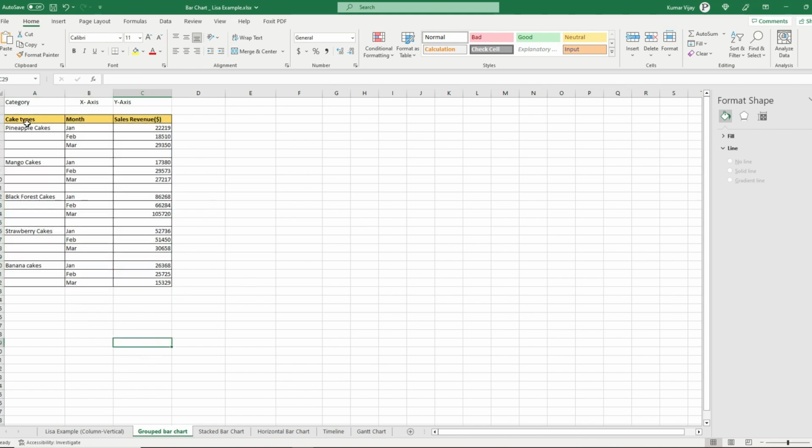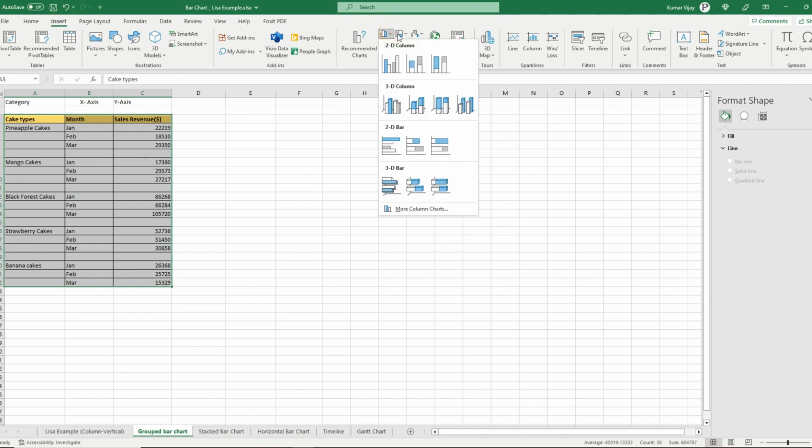So again, once you have this data in this format, where your month is representing the x-axis, sales will be your value axis, and remember we are going to first draw this as a horizontal bar or the vertical bar chart, group one, right? So again, you need to do the same thing. You select all those data in the table and then go to the insert,